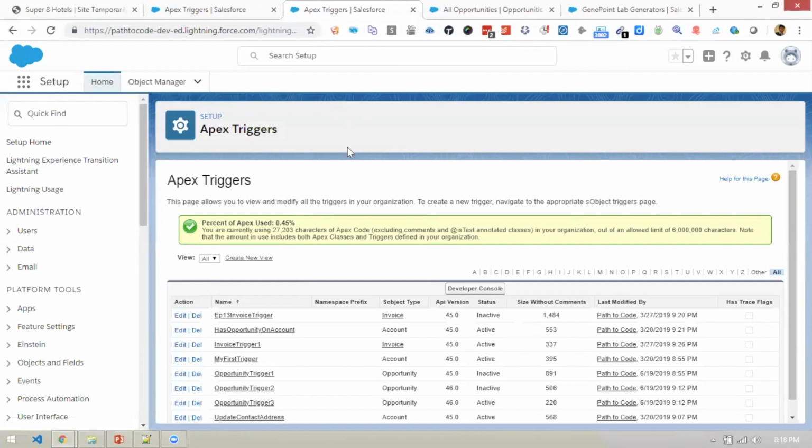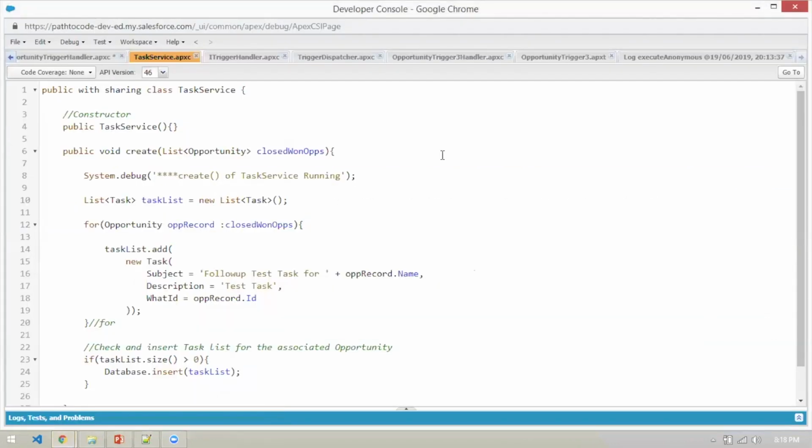Or let's say your trigger is throwing some error, which is not allowing your business teams to enter some data. They've requested that you turn off the trigger so that they can at least enter some data in the meanwhile while you troubleshoot this particular issue. With the earlier patterns, you never had any way to turn off your triggers, at least not in a cleaner way. But with the interface based pattern, you do have a way now, because